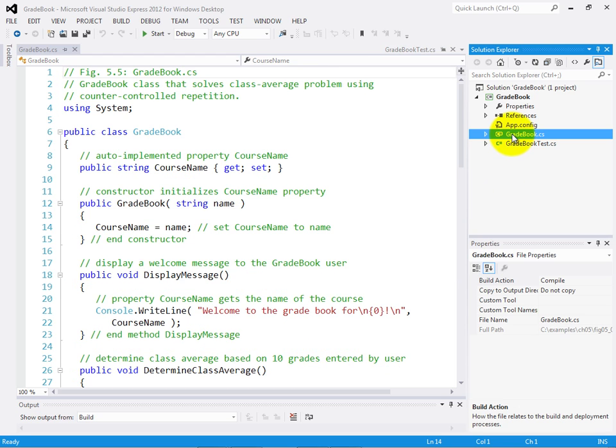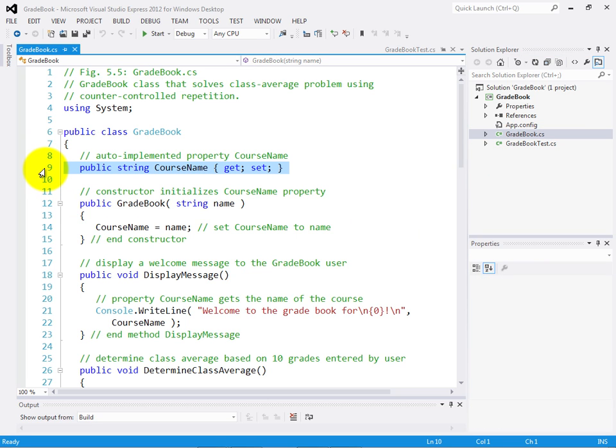Let's go ahead and take a look at the gradebook class. And just to refresh your memory on the class itself, here at line 9 we have an auto-implemented CourseName property that represents the course name as a string and provides the default get and set accessors. So we're not doing any special logic in those accessors. Therefore, we're letting the C# compiler generate a private instance variable for us and the get and set accessors for the CourseName property to manipulate